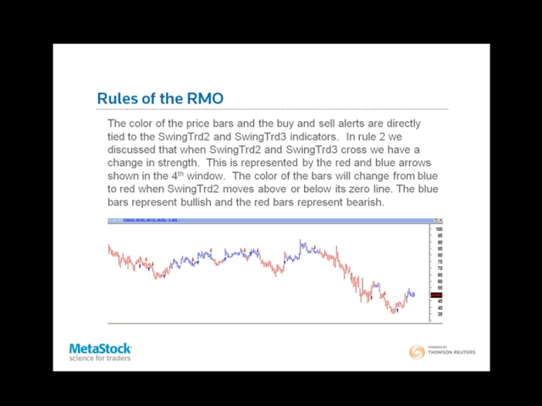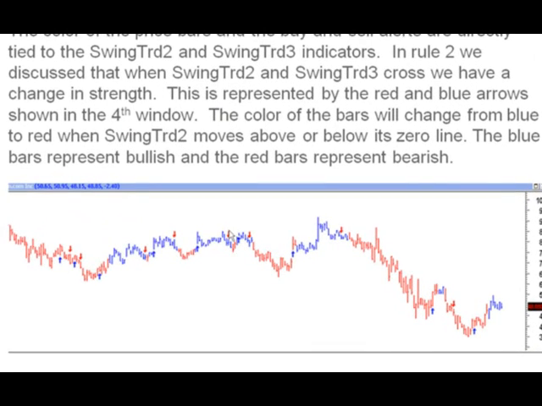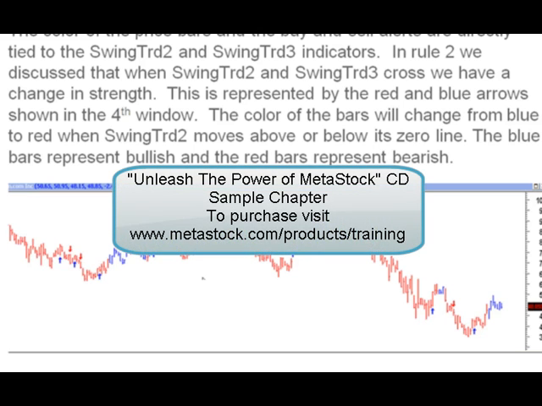So finally we get to our price bars. The color of the price bars and the buy and sell alerts are directly tied to the swing trade 2 and swing trade 3 indicators. So rule 2 was the pink and purple lines. In rule 2 we discussed that when the swing trade 2 and swing trade 3 cross, we have a change in strength. This is represented by the red and blue arrows shown in the 4th window. So the red and blue arrows that you see throughout the chart are indicated by a crossing of swing trade 2 and 3. The color of the bars will change from blue to red when swing trade 2, which is the medium term trend,